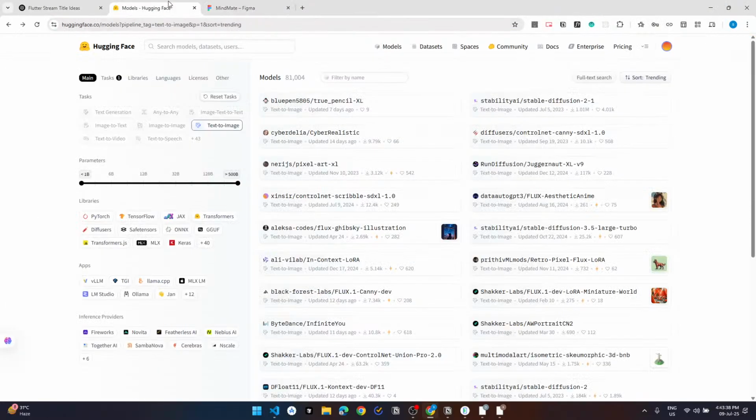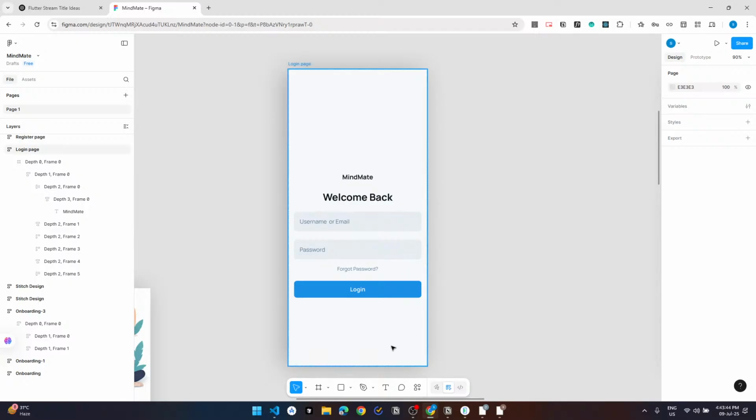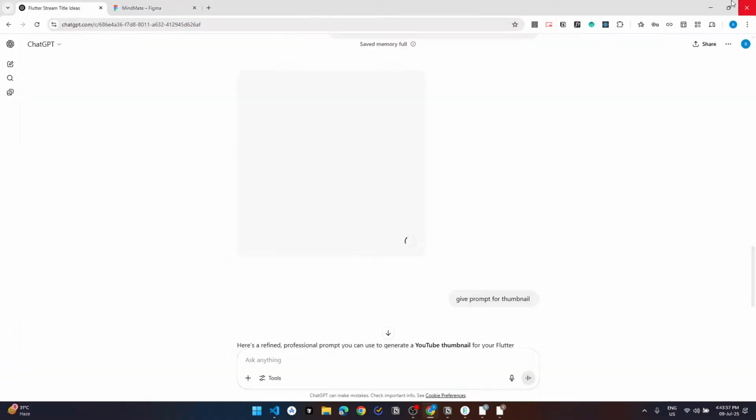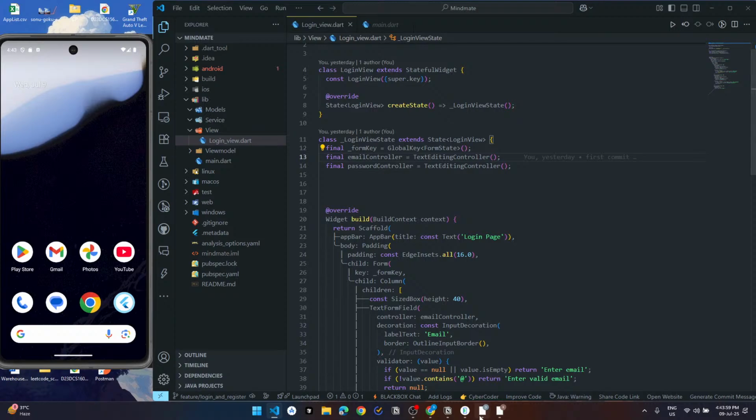I want my app to look like this. AI is gonna make its changes, but after generating those codes, I'm gonna review them and edit some of the things.